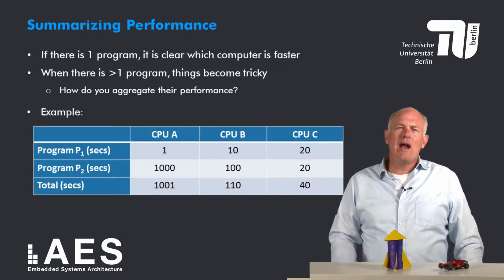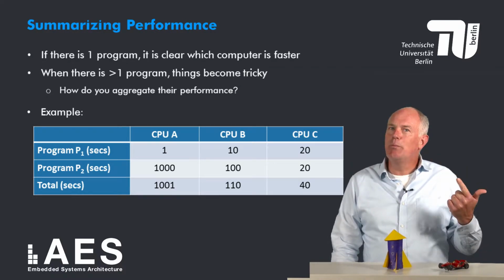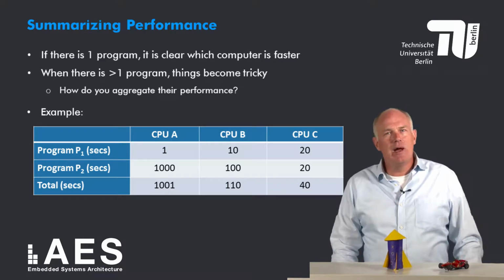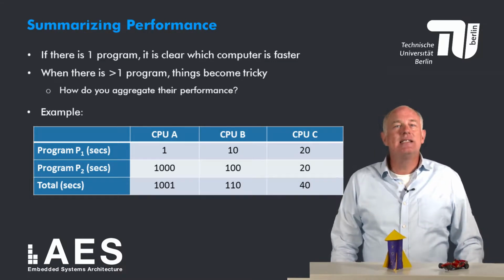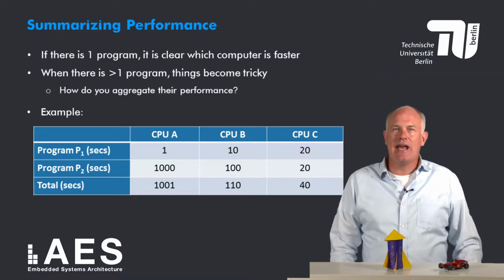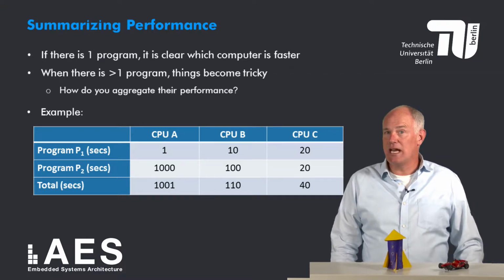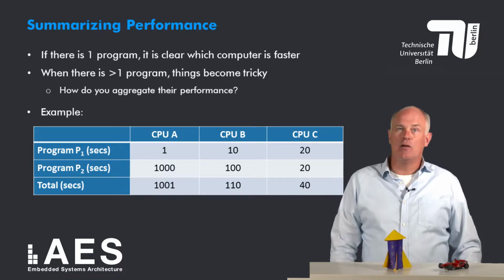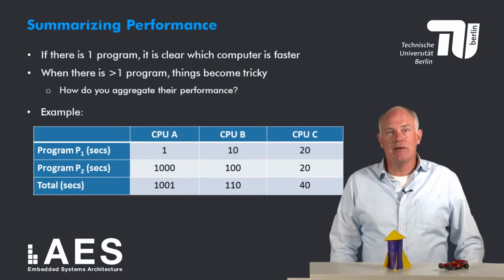Here we have two programs, P1 and P2, and three computers, CPU A, CPU B, and CPU C. Program P1 takes 1 second on A, 10 seconds on B, and 20 seconds on C. Program P2, on the other hand, takes 1000 seconds on A, 100 on B, and 2 seconds on C. In total, therefore, programs P1 and P2 together take 1001 seconds on A, 110 seconds on B, and 40 seconds on C. This is all plain and simple, but